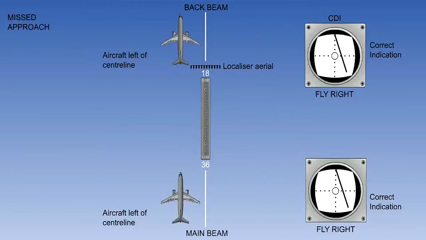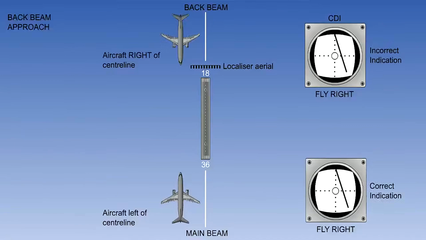It is possible to use the back beam signals where the localizer is designed to radiate this information. There are two applications for this. One is to continue to receive azimuth guidance on the missed approach. In this case, the left-right guidance is in the normal sense and the CDI or HSI needle should be followed as normal.